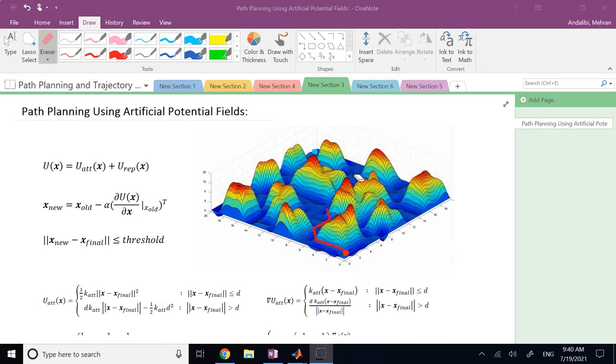So you lift up the obstacles, okay, and then create an attraction sink around the goal position,